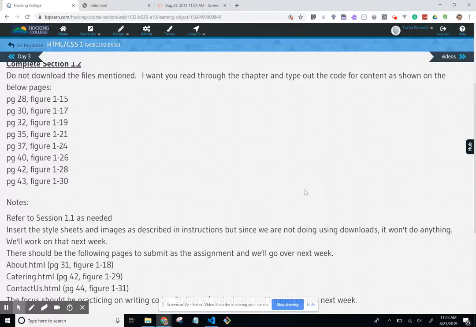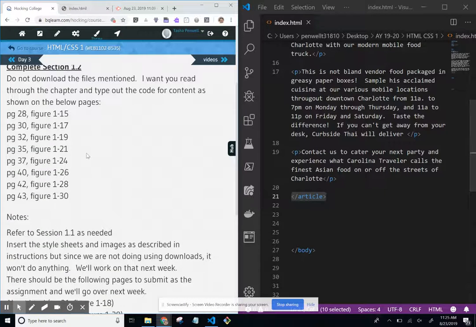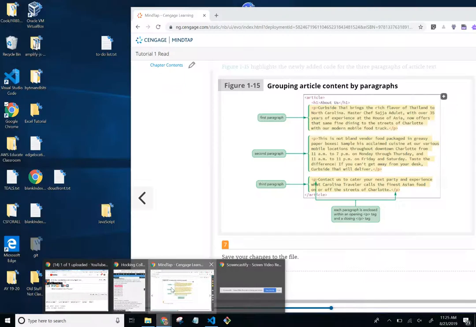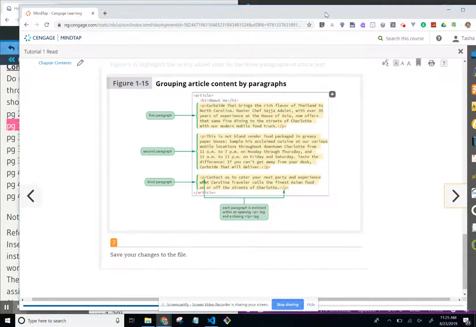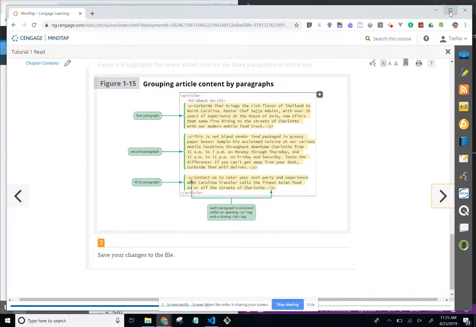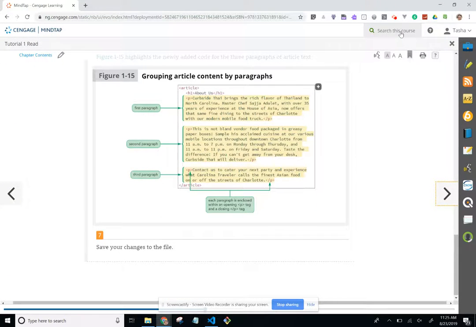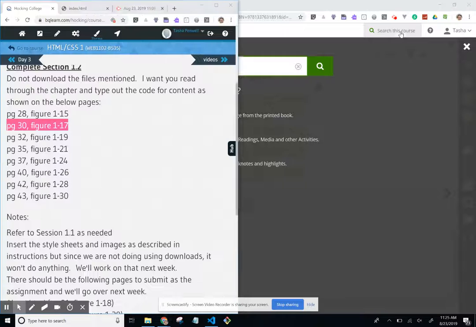Okay, so I'm going to pick up where I left off last time. We are now going to go to page 30 in figure 1-17. So I'm going to go back to the MindTap page and want to make this bigger so I can see it better, or just move it. I'm just going to move it, make it bigger. So search this course, and I'm going to page 30,